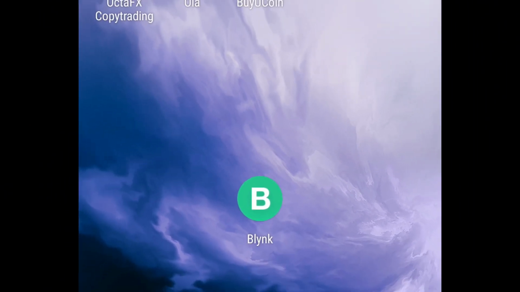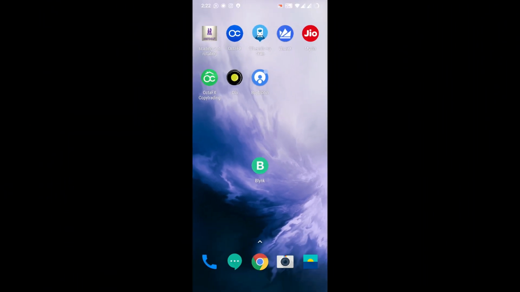So now let's start by creating the Blink application first, so that we can control our appliances with that Blink application. And later on we will be connecting that part to the augmented reality so that we can connect it to the home appliances and control them with the augmented reality app.